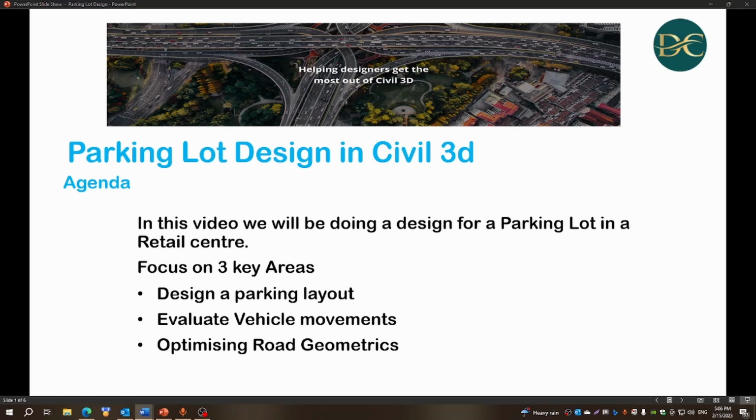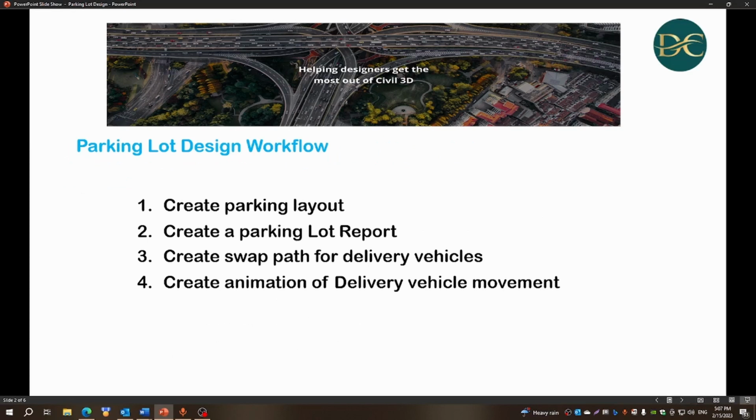adherence to design standards. In this video, we will follow this design workflow where we will create a parking layout, and then we will prepare a parking lot report. We will then also do a swept path for delivery vehicles, and then we'll create animation for the delivery vehicle